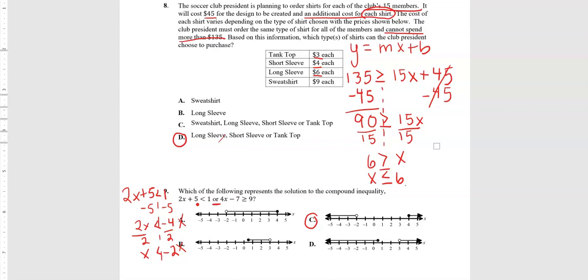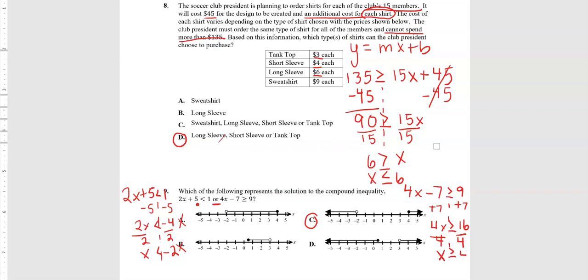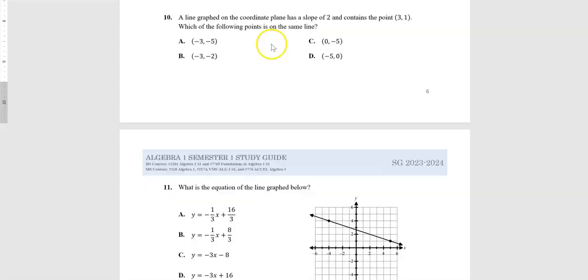just in case. So I'm going to do 4x minus 7 is greater than or equal to 9. Again, I'm just going to solve. I'm going to add 7 to both sides. Sorry for that glitch there. I'm going to get 4x is greater than or equal to 9 plus 7, which is 16. Divide both sides by 4, and I would get x is greater than or equal to 4. And that right here shows that closed dot going in the greater than direction. Here's my open dot going in the less than direction for my answer down here. C is my answer. All right, my last question I'm going to do for this first video is